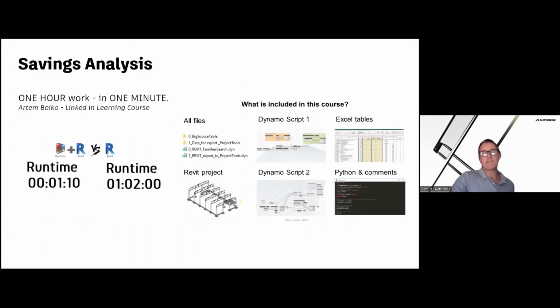So an example of this, if we look at a couple here, this one for geometry authoring, this is a 1 hour workflow that can be done in 1 minute by Artem Bioko. There's a LinkedIn Learning course on this. When using Revit on its own, it will take 1 hour to do something like this portal frame, shed type project. If you go and use the script and run it with all the components using Excel tables with some of the data, and then going into more advanced workflows with Python or IronPython, you can generate this information within 1 minute.